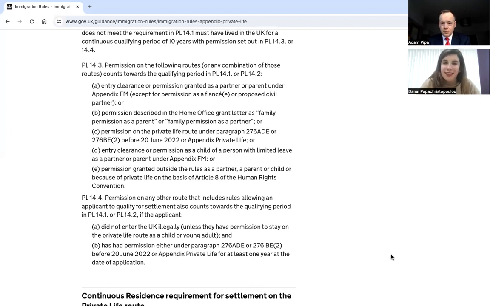But as you say, this is not something that we advise people to do because it's not the way to go. But we have been successful, and we know anecdotally from other colleagues that some of them have been successful after pre-action protocols as well. But clearly, if you need a pre-action protocol, in my opinion, to get indefinite leave, there's something wrong in the way that the law has been drafted.